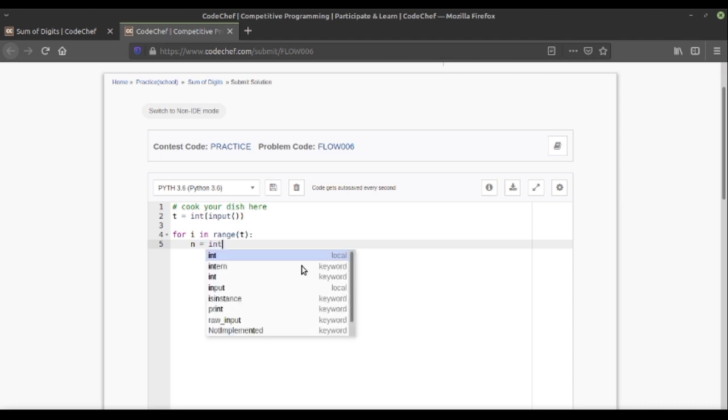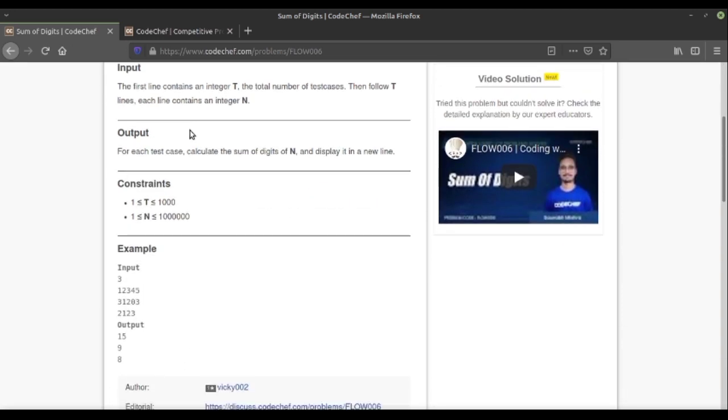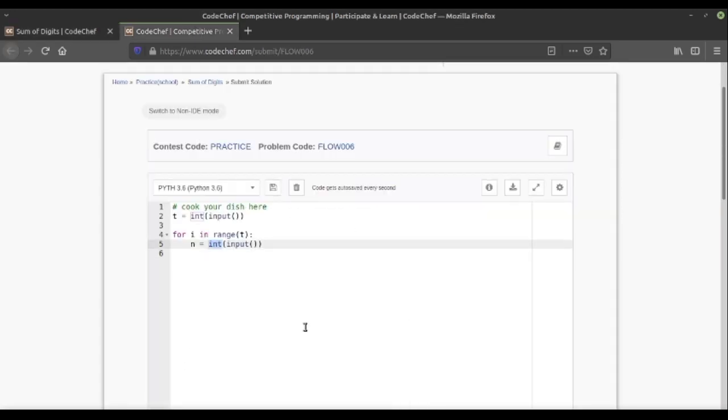So we will convert it into an integer, store the value in the variable n, and then we have to sum the digits. I will be converting this n value into a string, loop through each value, convert it into an integer and then add. So this would be an easy method.